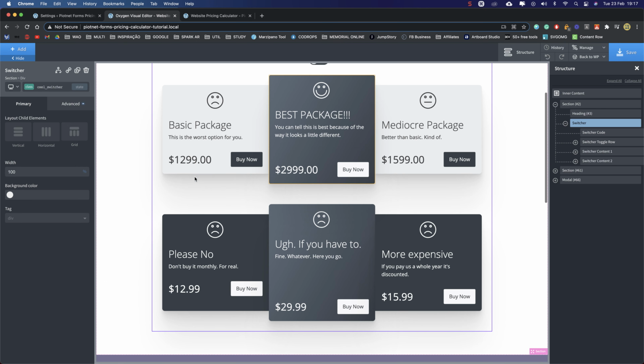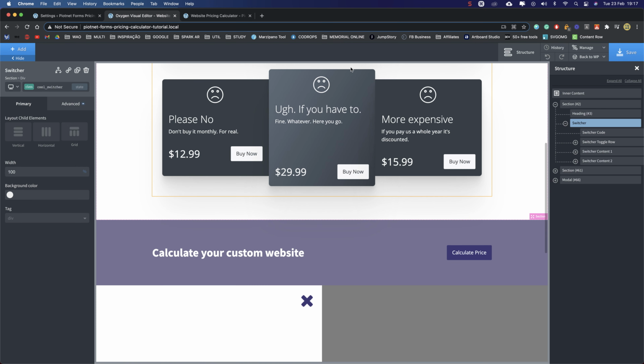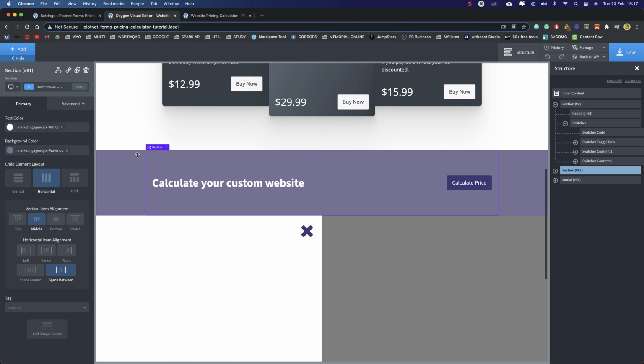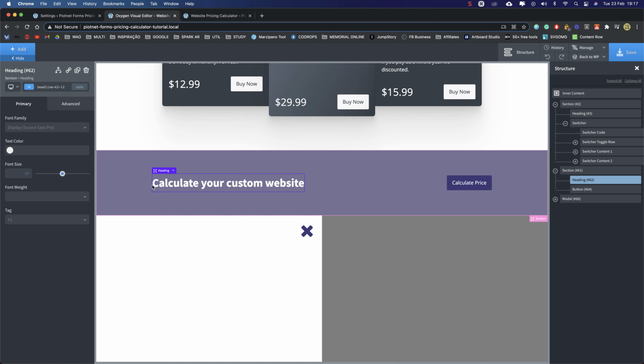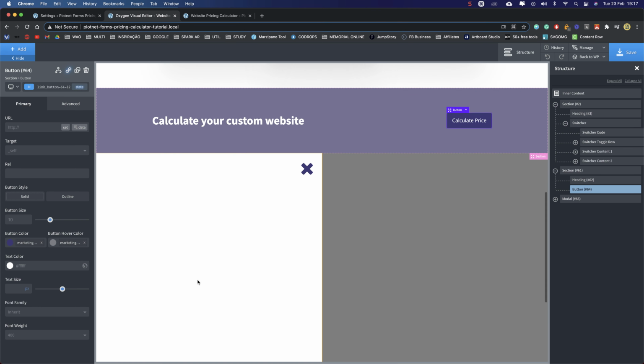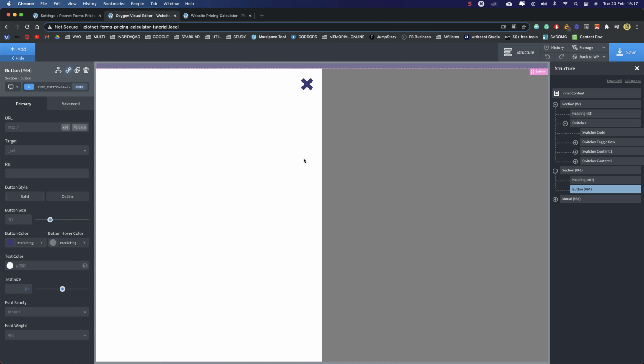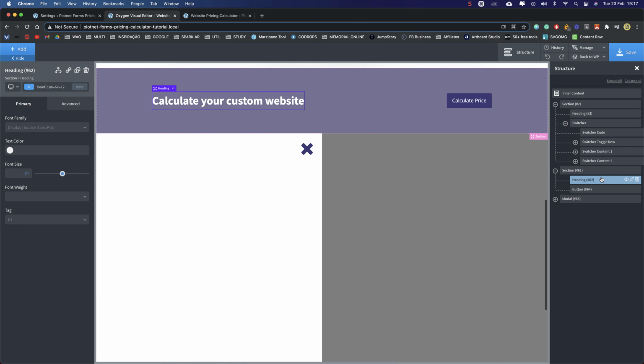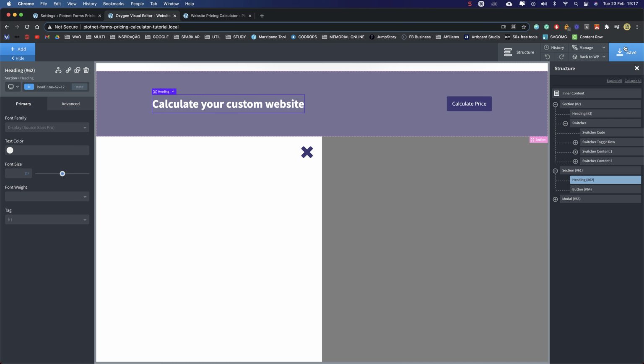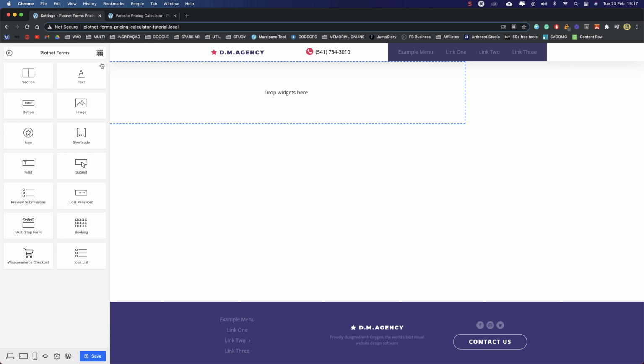This is just an example, only to have something there. What we are working on is in here. This is another section with another heading and a button that will trigger this modal. Okay. Now let's save this. We can close it for now, and let's start building our form.